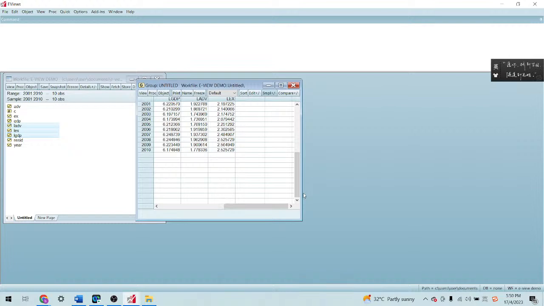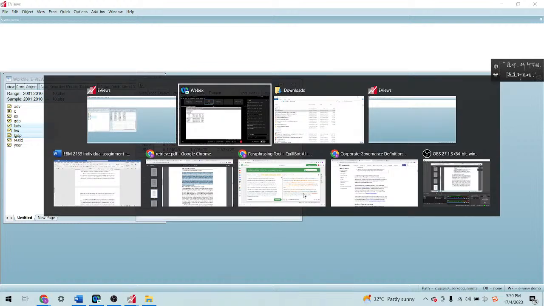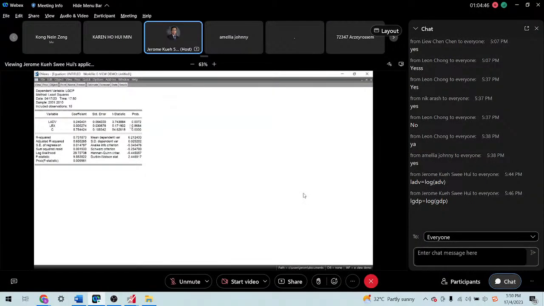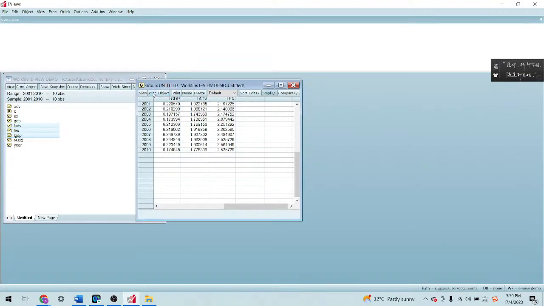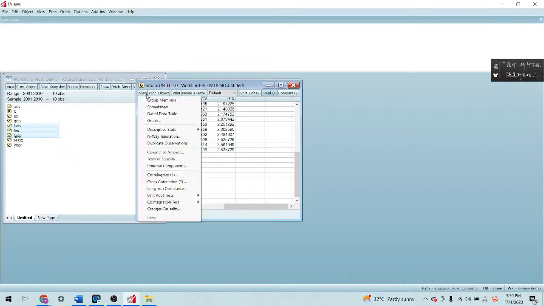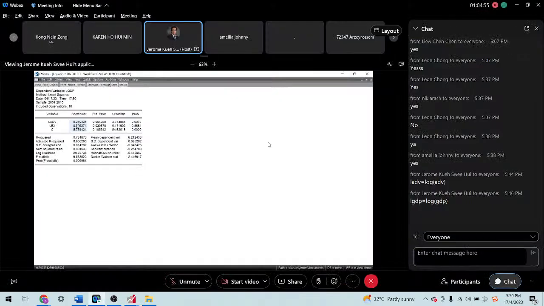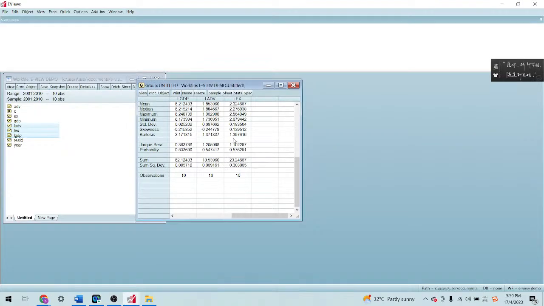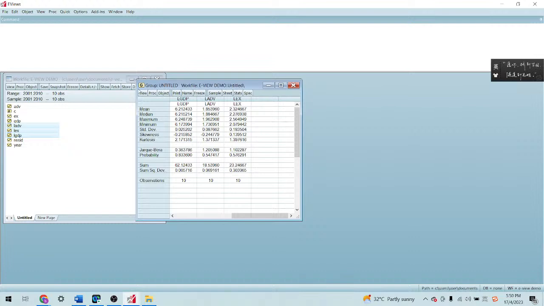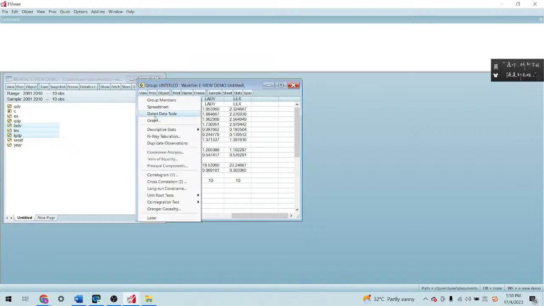Click OK. So this is the result that you will get. Okay? In terms of significance, it doesn't change much, but you can see that the coefficient changes. At least now, that's like 500 something and 300 something, so now it becomes 5.7.